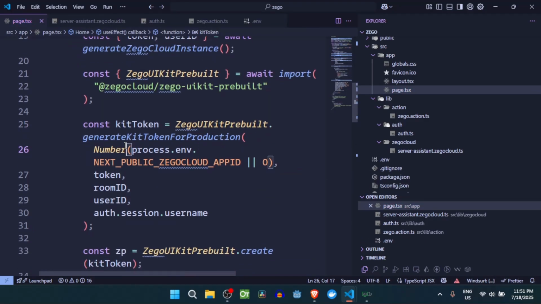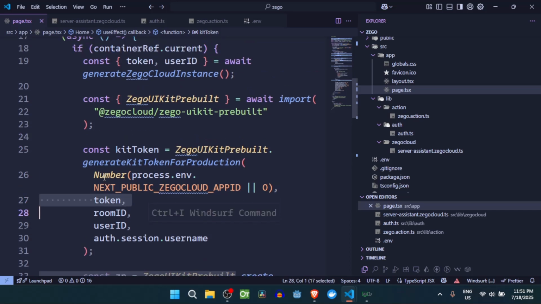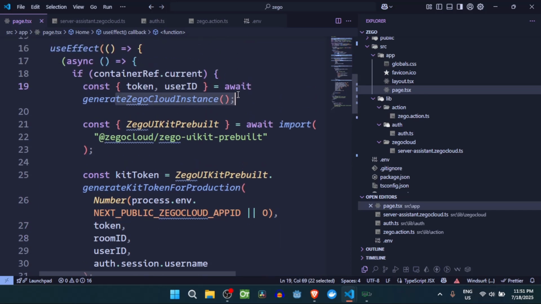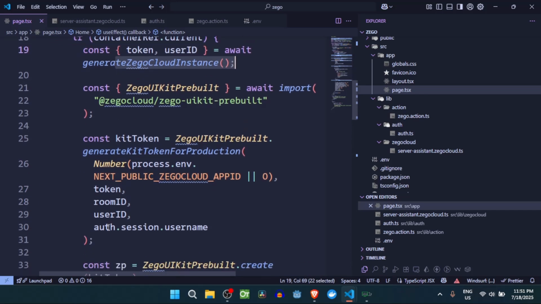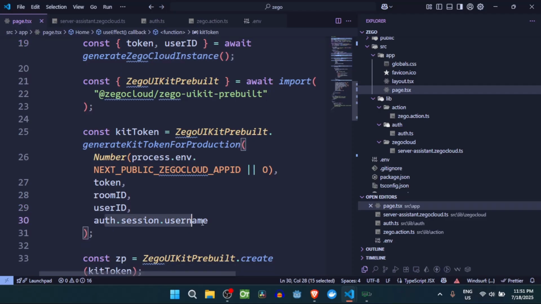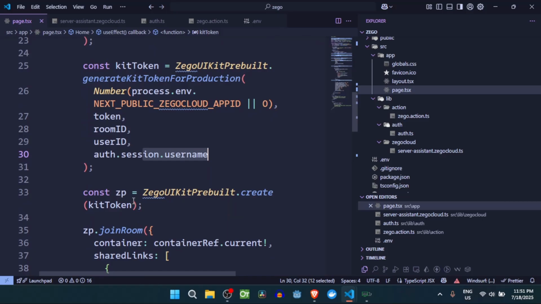Here we have to pass your ZEGOCLOUD app id, and also the token which is generated from our server, or you can say from our server action. You have to pass the user id to maintain consistency, and also the username. You do not need to pass the same username, that's why I have used a direct import of username. And now we have to create a ZP constant,